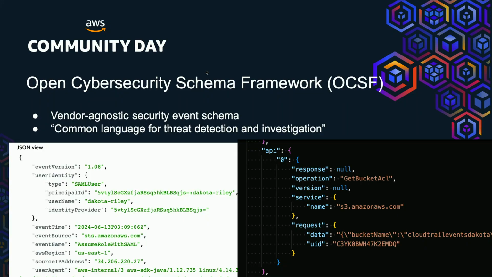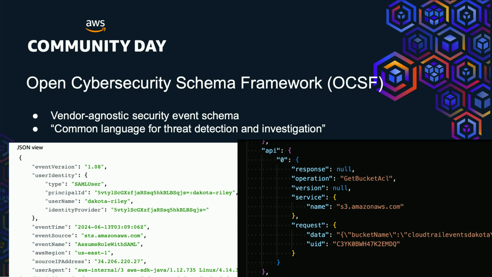So this brings me to my next point that I'm going to highlight in depth. And then, when we get to the Jupyter Notebook aspect, we're going to dive into this and look at a lot of the differentiators here. But what is the Open Cybersecurity Schema Framework? That's the last time I'm going to say it out loud. It's OCSF, right? And at its core, it's basically a community collective. It is vendor agnostic. There's a lot of big security vendors, including AWS, that are sponsoring it and participating in it to model and normalize security data across all domains.